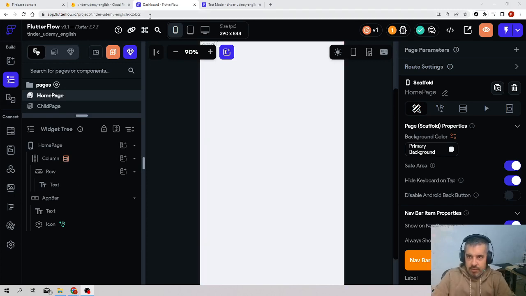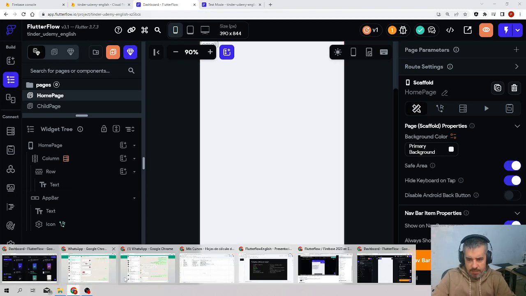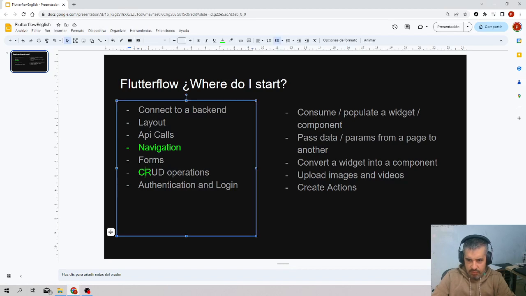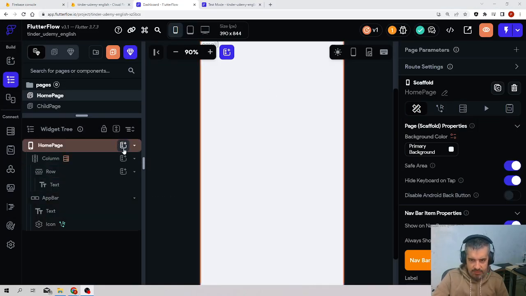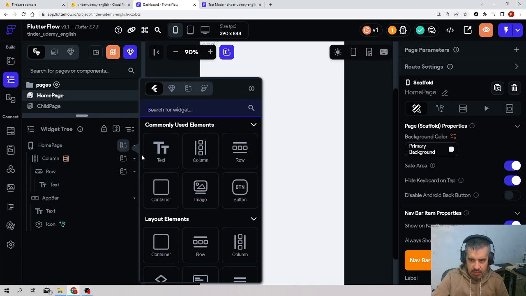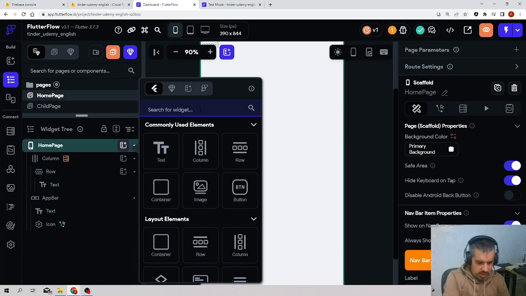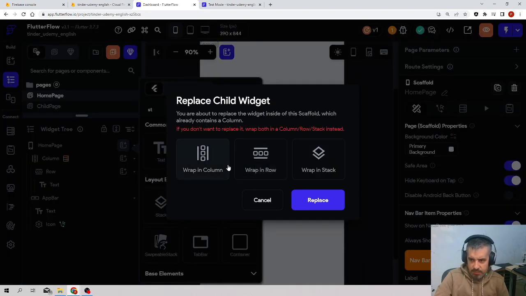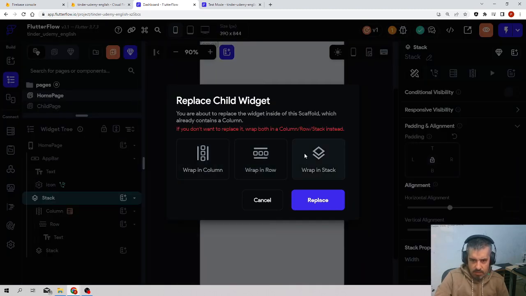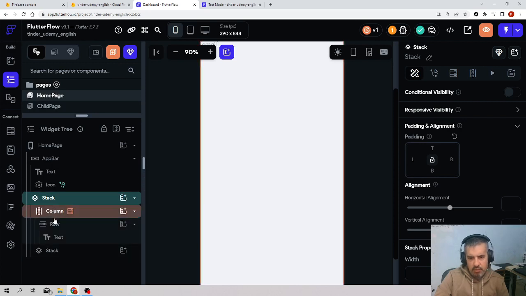Okay, now we will cover the C of CRUD operations, the creation. We're going to go for the creation of an object. This is what we have, and what I will do now is I will add a stack. I will add a stack. We will see this more in detail when we go for the